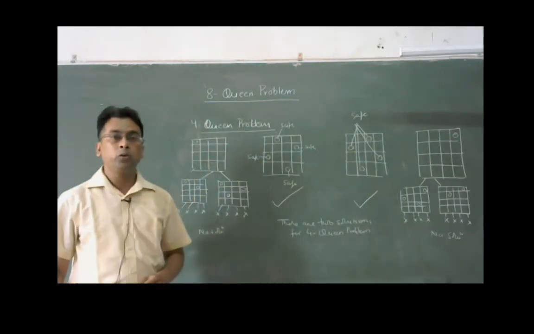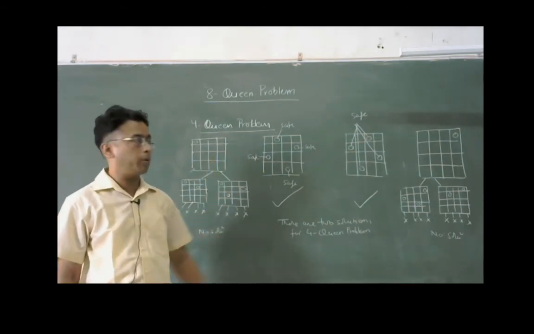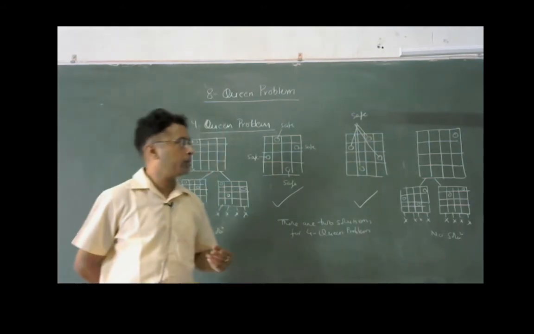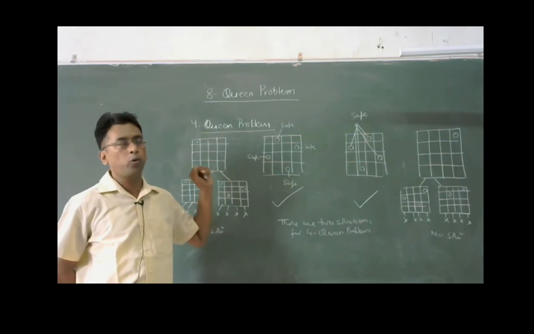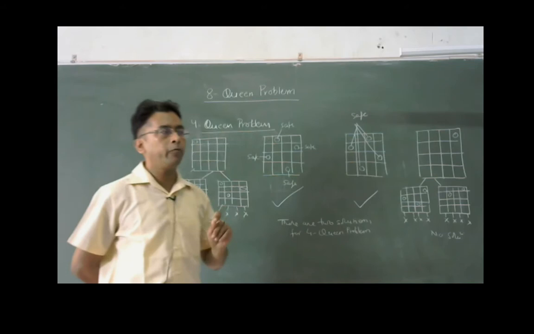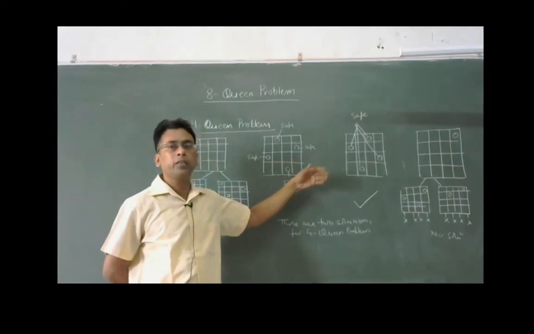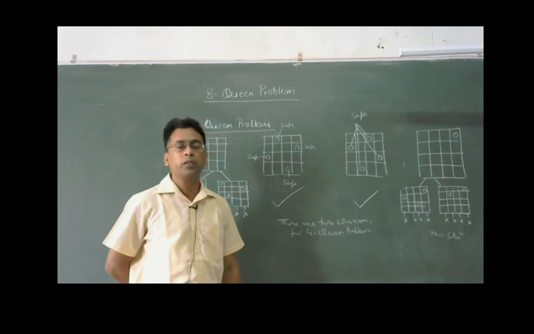Okay. So similarly, we can solve this problem for the 8 queen problem. As the number of squares increases, it becomes very difficult to directly check the hits and get the solution. So we shall simply pick one queen at a time, and place it safely in a row by checking whether the previous queens are hitting it or not, and after that we keep on moving, and finally we will get the solution if there is any.